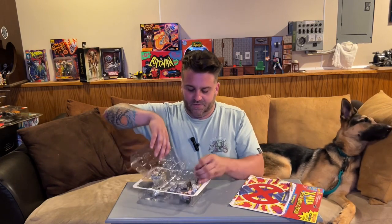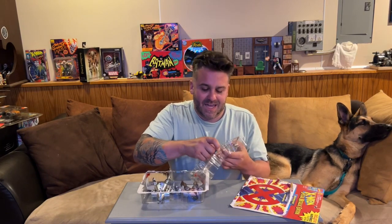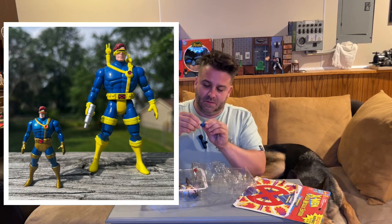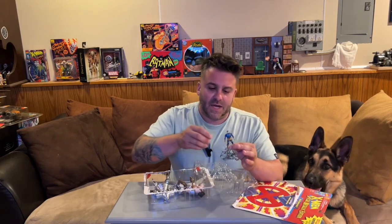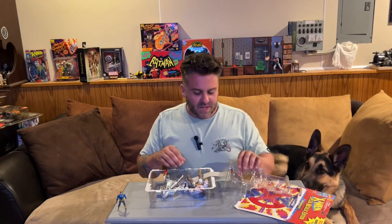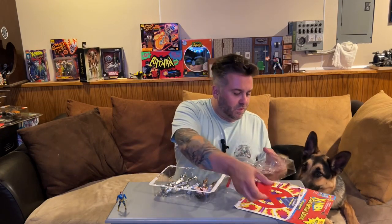Okay, so first thing of note is that these 2-packs came with a tiny die-cast metal, metallic painted version of some of the other characters. So this has a very tiny Cyclops. It's heavy die-cast metal. The legs don't move, but the head and arms do. So there's actually quite a good deal of detail and articulation to such a tiny little figure. I absolutely love the way these look. I didn't keep many of them as a kid. I don't think I ever had this one, but I definitely had some of the little die-cast metal ones. He's super cool looking. Up next, we will look at